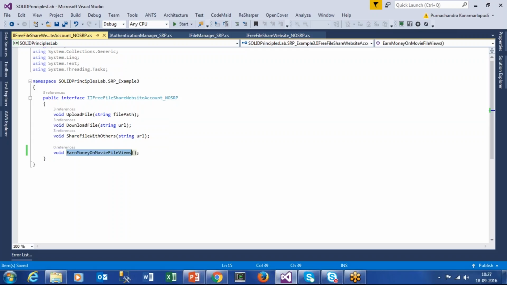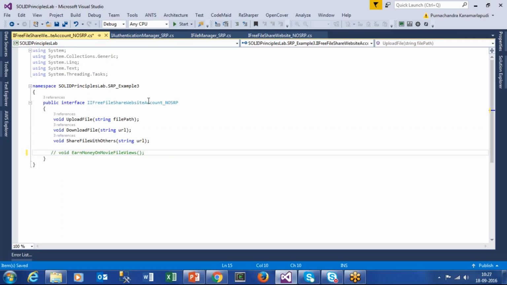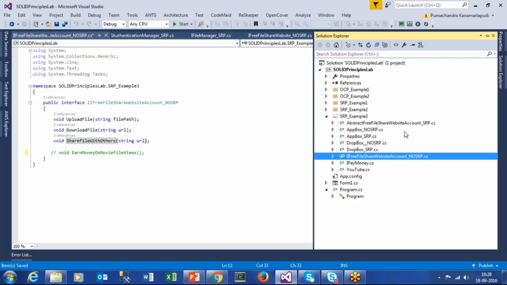But this is available only on YouTube. Dropbox or AppBox do not pay you any money for views. So the differentiating mechanism is how you get money. The common functionalities across all websites are upload file, download file, and sharing files. Let us see. So this interface is being